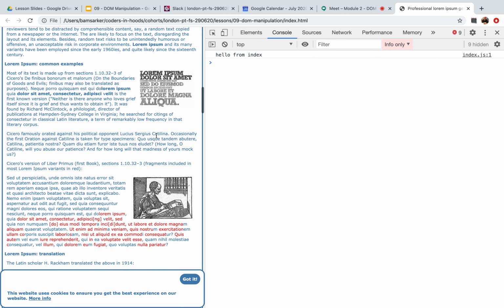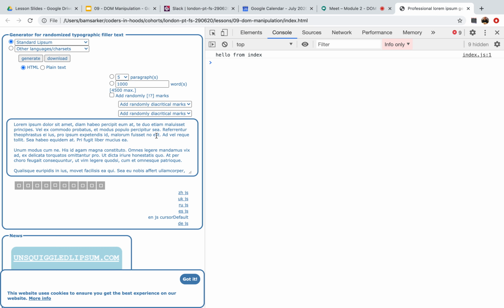Okay, there's still some images in here. Good. So I wanted a page with lots of content, so we can do stuff with the content on the page. Okay, so we want to find